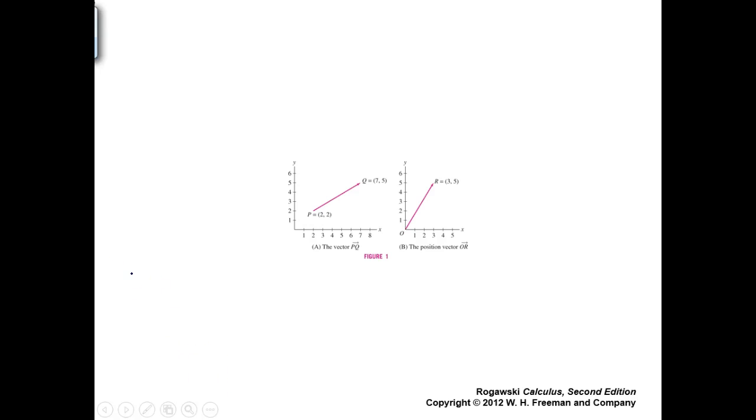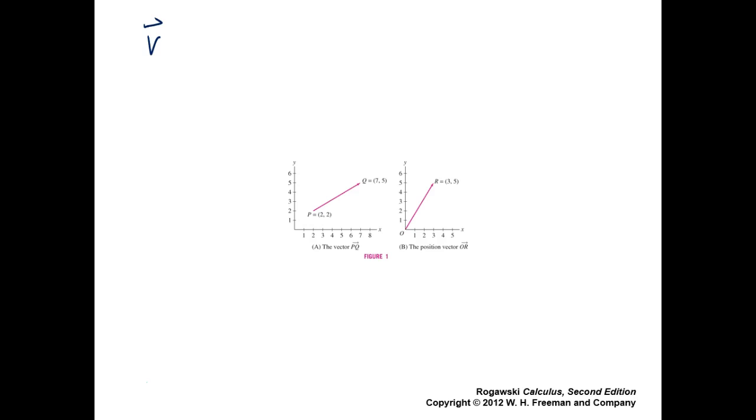Here we go. In the text, vectors are represented by a bold letter. I don't write bold, okay? It's sort of hard for me to write bold. So what I always do is put the arrow over it, okay? That symbolizes a vector on the board now. In the text, it's going to be a bold V. So a two-dimensional vector V, determined by bold V in the text, arrow over it on the board, is determined